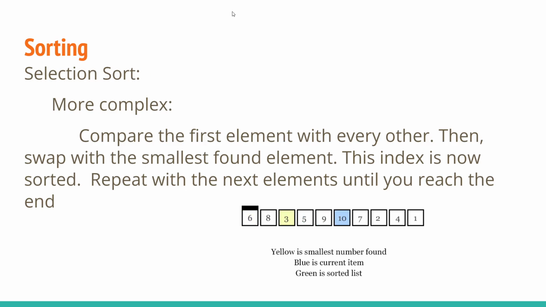Now selection sort is slightly more complex. You're going to start at the beginning of the list, and then you're going to look through the entire list to find the smallest value, and then swap that smallest value with the current position, which in this case is the first element. And then you're going to go to the next one, and then find the next smallest value,